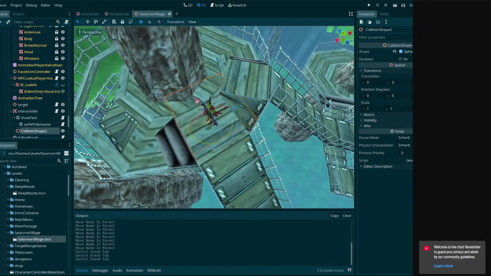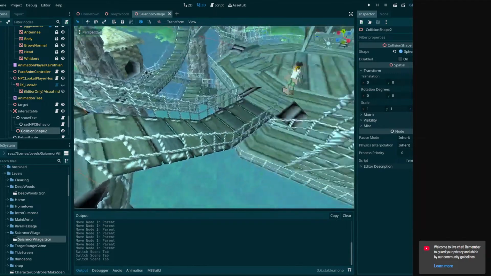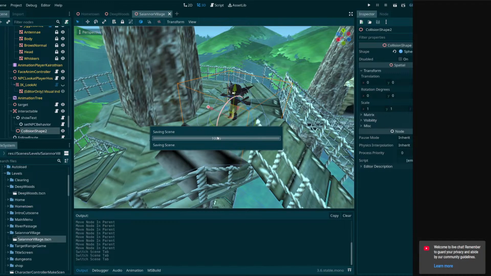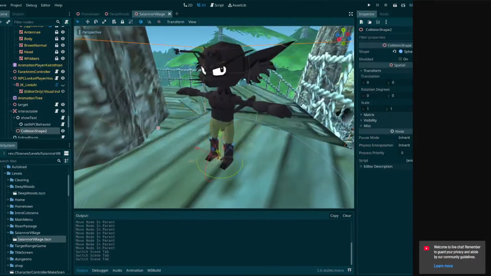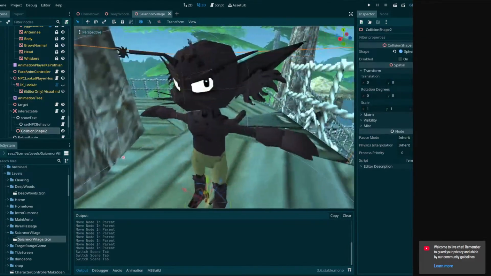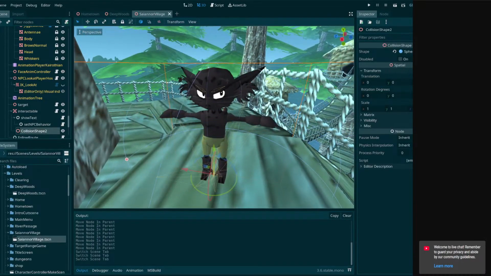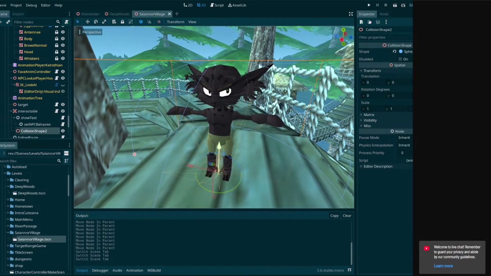The idea is that you follow this guy and he takes you to this village level. And I'm thinking, okay, so my original plan was to have him lead you to the next area, but I'm actually wondering if maybe it would be smarter to